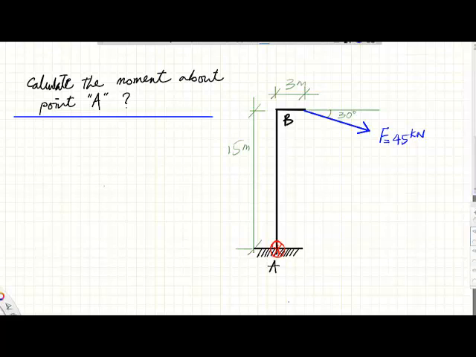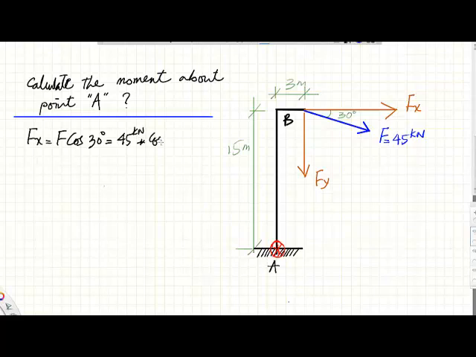So if we go and resolve this force into this x component of the force, and this y component of the force, and let's name them. This is Fx and this is Fy. Of course, we need to calculate the value for these forces before we start to do the sum of moments. So for F1x or Fx, it is equal to F cosine 30 degrees, which in this case is equal to, force is equal to 45 kilonewton,